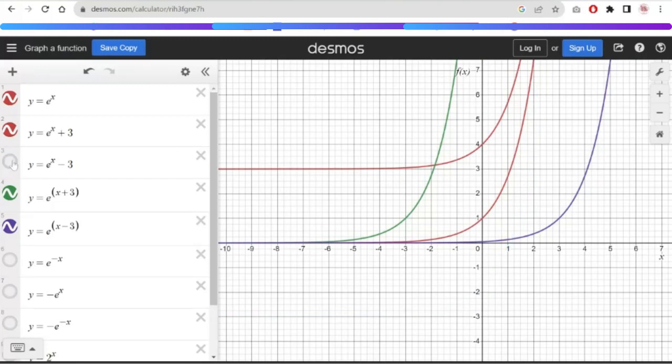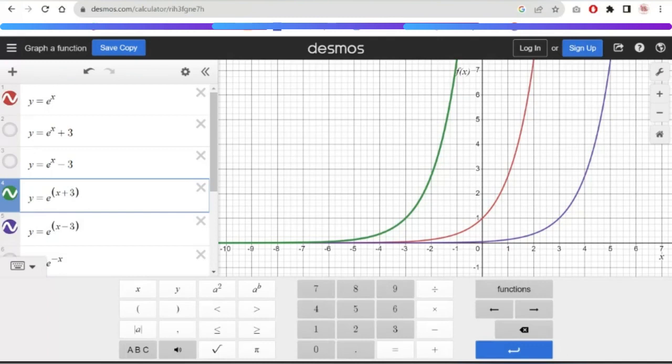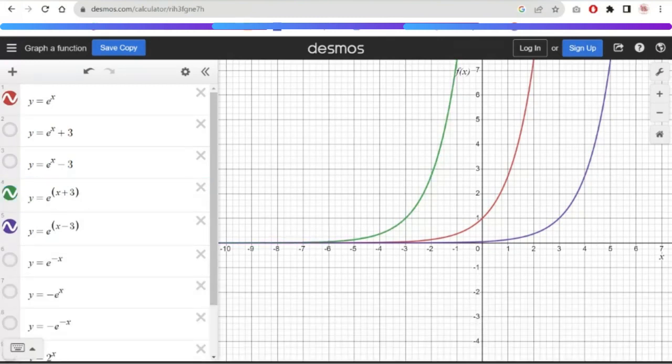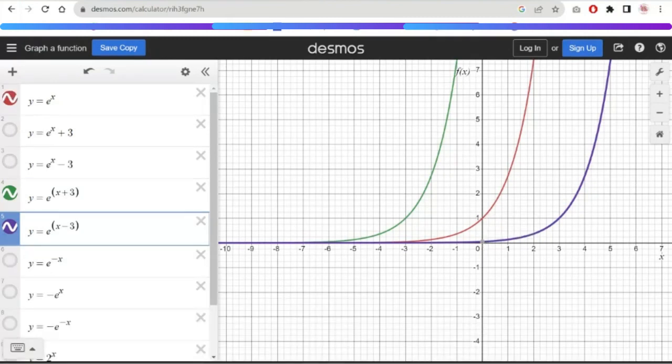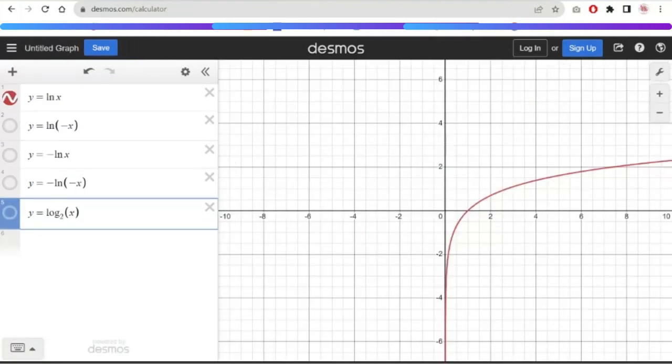Tapi kalau untuk graf warna hijau dan purple ini, so e of x plus 3, plus 3 dia akan bergerak ke kiri dan minus 3 dia akan bergerak ke kanan. Nampak ke warna hijau ni dia akan bergerak ke kanan. And then ni untuk eksponen. Now saya tunjukkan log. Okay, untuk log asal kita adalah y equals to ln x